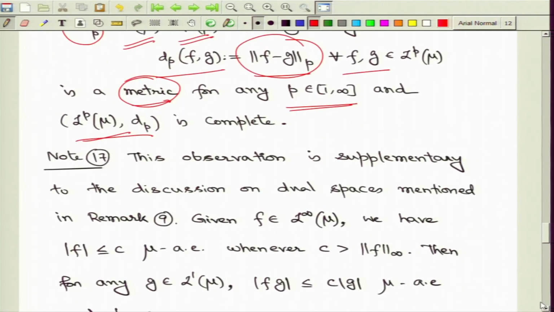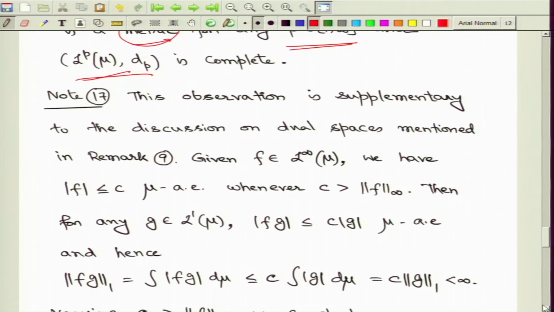These observations involving L p spaces have a nice extension involving certain connections with dual spaces. So, remember that we have discussed earlier that for p between 1 and infinity, both 1 and infinity excluded, we can talk about the dual spaces of L p and we can identify them as certain L q spaces, where q is such that 1 by p plus 1 by q is 1. We have also commented on the fact that the dual of L 1 can be identified as L infinity. So, in regard to that comment, we give some additional motivation.